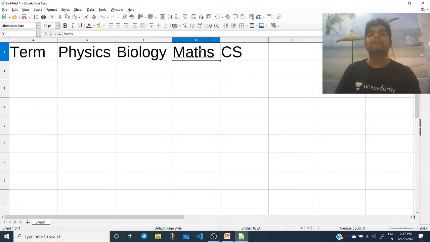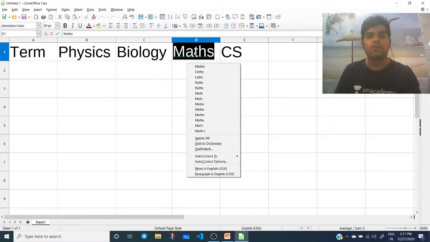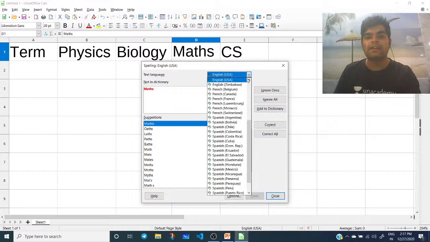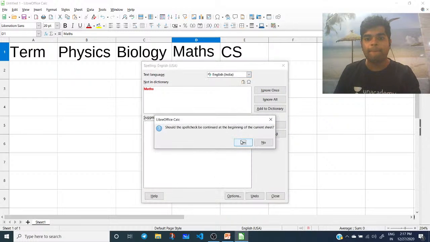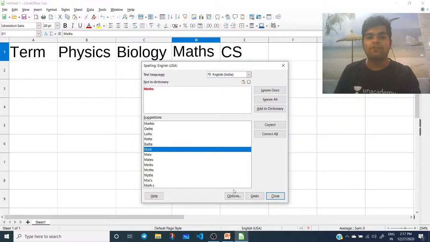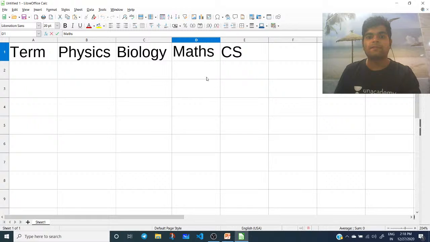So basically, the LibreOffice Calc does not know the maths. It would all know the mathematics probably. So spell check. I don't have anything like that. I just check, do I have in the English India language? Yes. So I have to do it like a math. Close. So you guys can see,